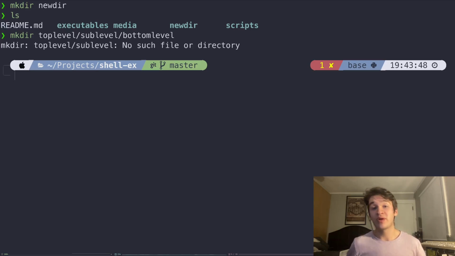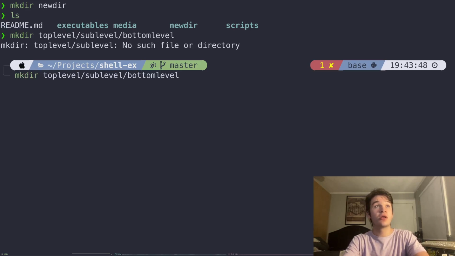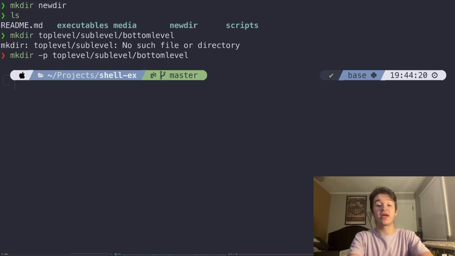create them. The way that we can get around this is with the -p flag, which will go ahead and recursively create directories as we need them for mkdir. So if we were to switch this to mkdir, let's copy that same thing. And very useful thing, I don't know if I've mentioned this yet, but in most terminals you can just hit the up arrow and it will give you your previous command that you've run. So mkdir, if we were to add the -p flag there, then you'll see we don't get any errors, and